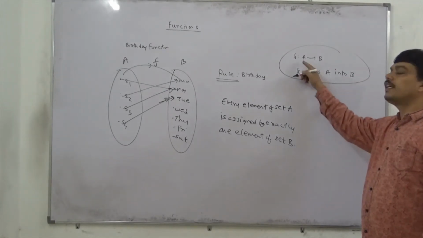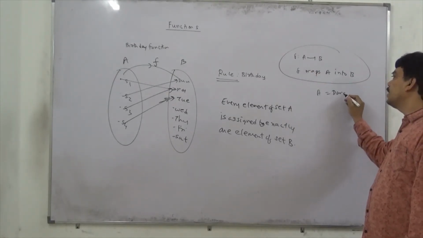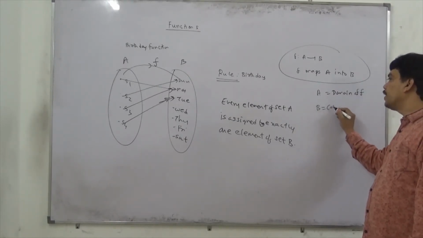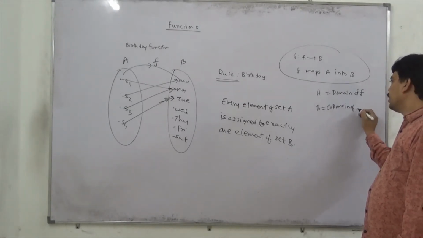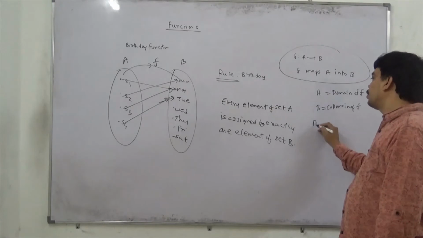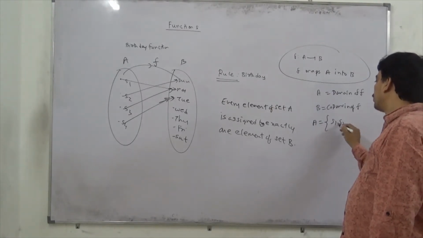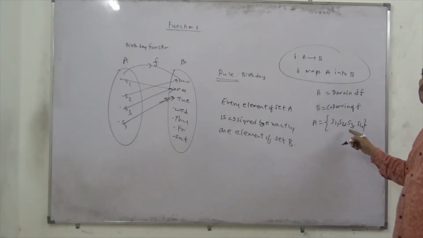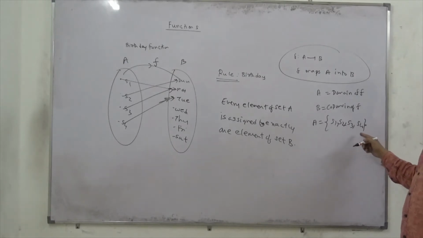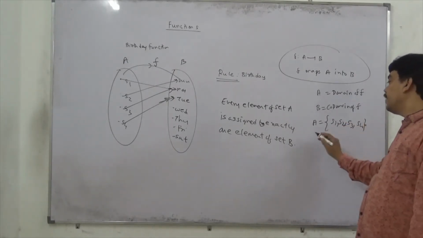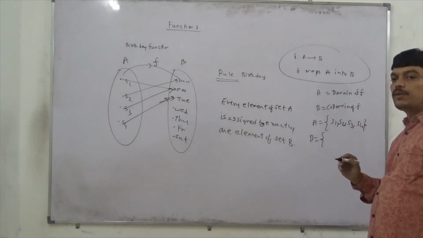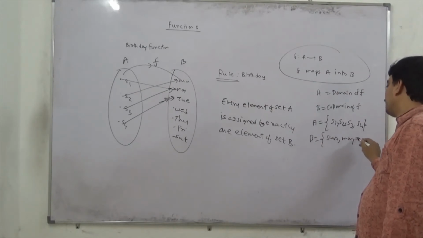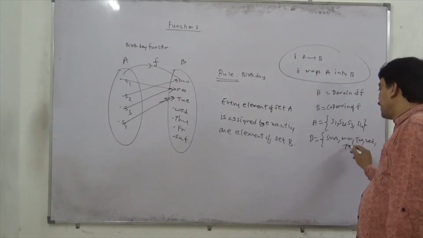And the set A written here is usually called the domain of the function. This is called the domain of the function f, so you say domain of f. And the set B is known as the codomain of the function, so we call it the codomain of f. So in the example here, the set A can be listed out as S1, S2, S3, S4. You can see that I have listed the elements like this, separating with commas. This type of representation is usually called roster form of a set. So the domain set is written here in roster form, and even the codomain set, if you list out, you can write in roster form, listing all the elements in set B: Sunday, Monday, Tuesday, Wednesday, Thursday, Friday and Saturday.